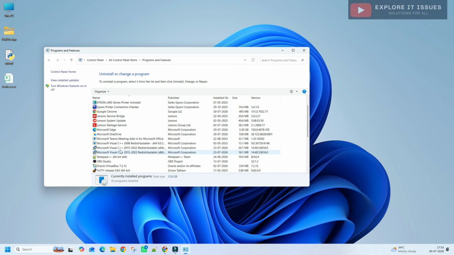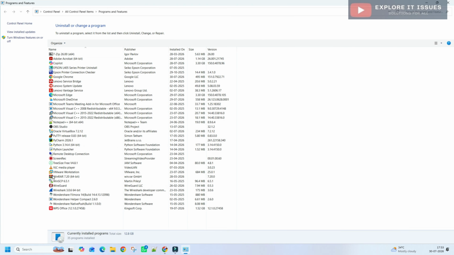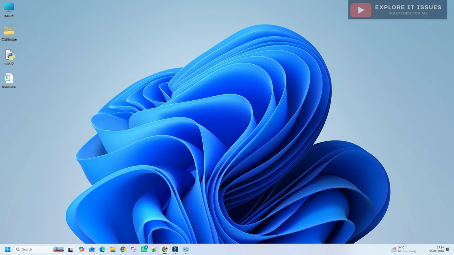This is useful for uninstalling applications, repairing software, checking installed programs, and removing unwanted applications. So if Chrome is not working properly, instead of searching for uninstall program, simply press Windows R and type appwiz.cpl. Okay, and another command is